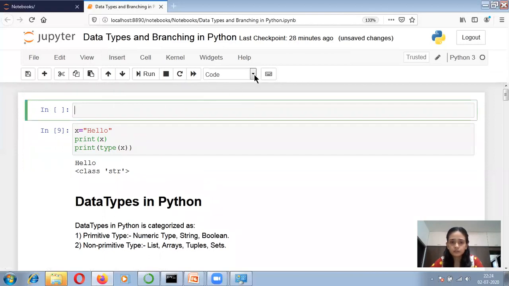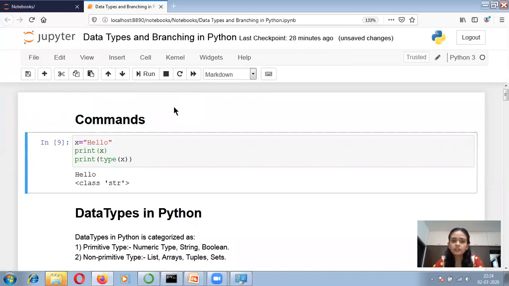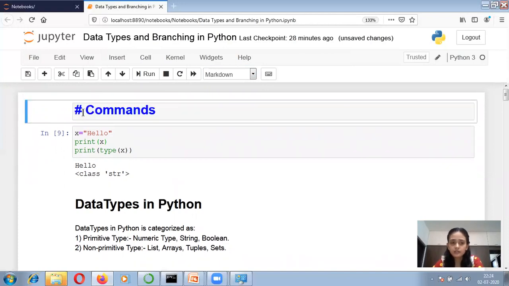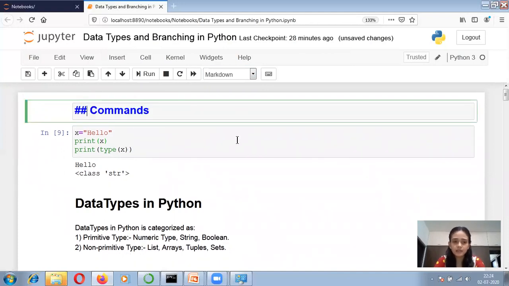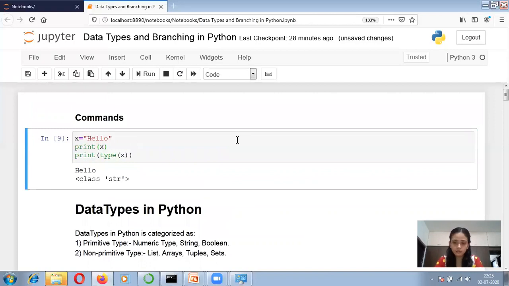If you select markdown from this drop down menu, then you can write a hash and write whatever you want, like I'm writing comments. When I run this, it converts it into text. So this is my first heading, this is my second heading, third heading. Like this, you can give headings and write text in your Jupyter notebook.